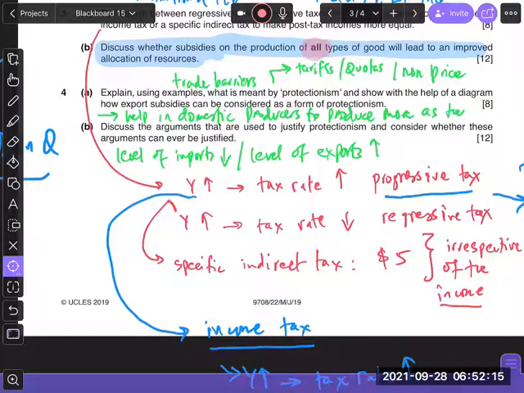Number two, for the sunset industry argument or job protection, there could be an argument against it in terms of retaliation. Retaliation is when foreign firms put trade barriers on your goods where you are doing well, and therefore you may lose